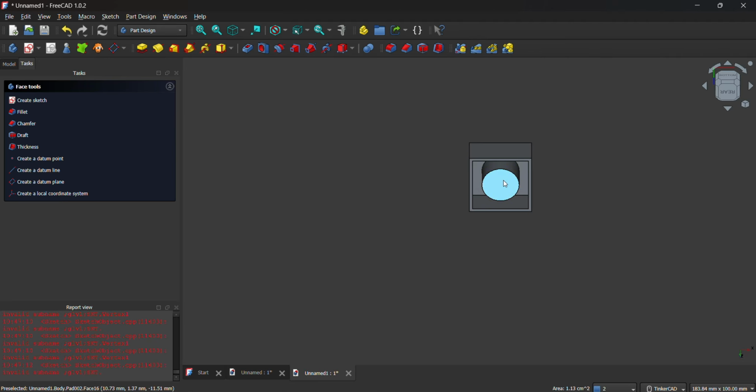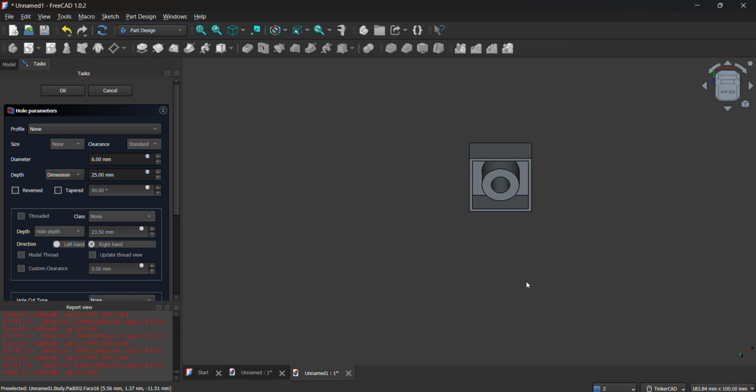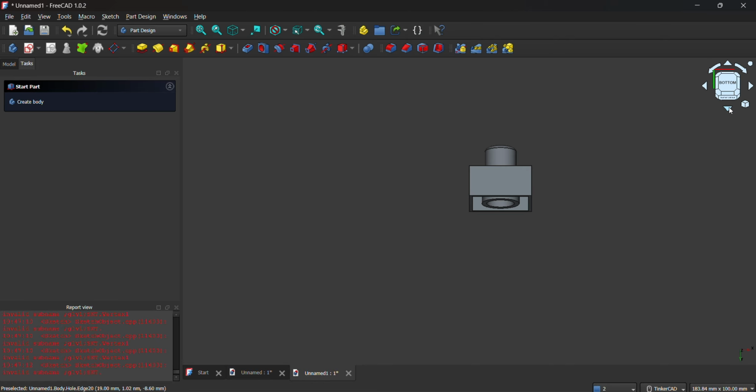We can create, in this plane, a hole. See? Okay, and it's a 6 mm hole. If it's 6 mm, the solid cylinder there cannot insert here because it's smaller. So let's make it 9 mm. And of course, the depth should not be 25 because the thickness of this box is only 10. So it must only be 9 mm. So again, the depth is 9. The diameter is also 9. Okay, we have now a hole. I hope you understand that.